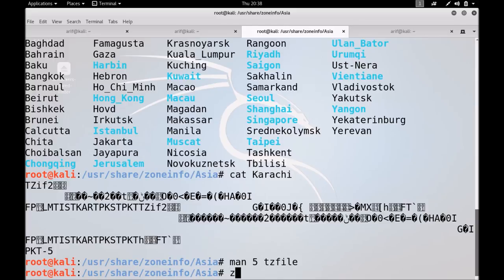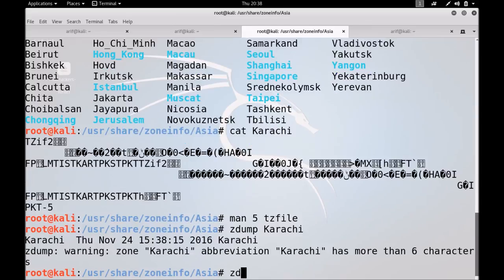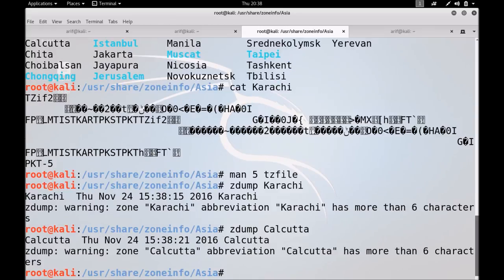There is a program zdump that can be used to read these files. Let me read zdump Karachi. Let me do zdump Calcutta. So you can see the time in Pakistan is over here 15:38, and the time in Calcutta is again 15:38.